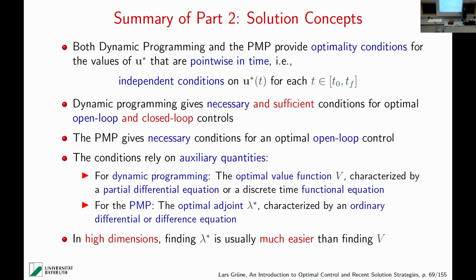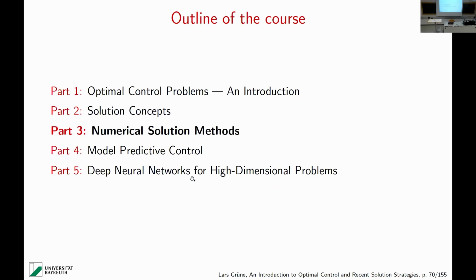So essentially, the effort of representing lambda star, an n-dimensional function of a one-dimensional argument, grows linearly in n. While representing an optimal value function V in some function space grows exponentially in the dimension n. So it's really much bigger. But this will really be in the next part. I will state much more clearly why this is the case and how.